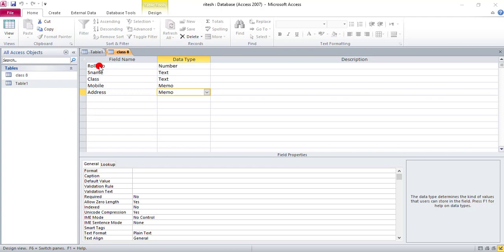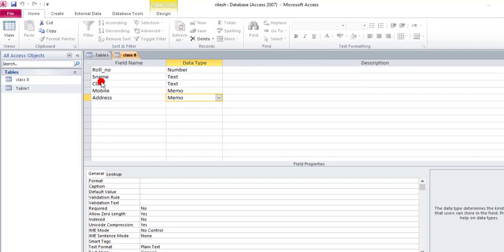First, it will allow you to type only unique data, meaning data repetition is not allowed on the field in which you are applying the primary key. Okay, this is the first thing. And second, you can't leave the field blank, meaning you have to write a number in it. Okay, so how to apply a primary key?